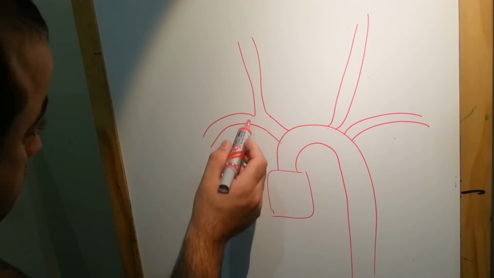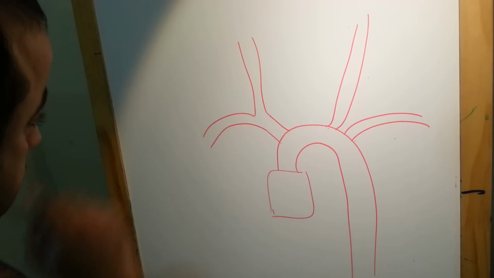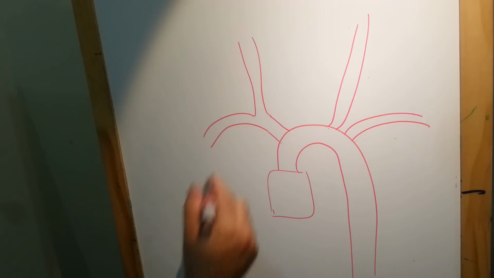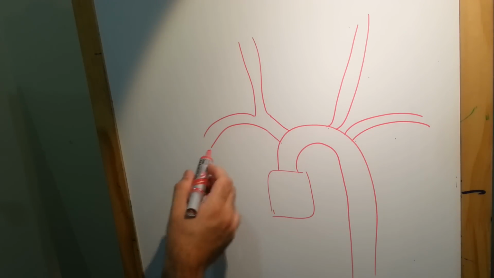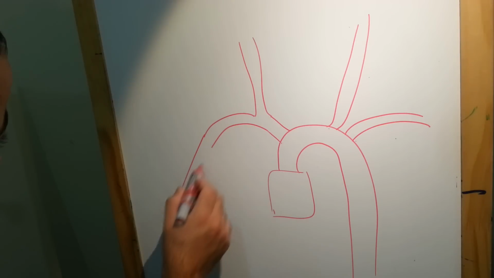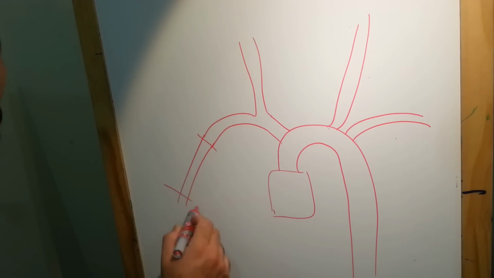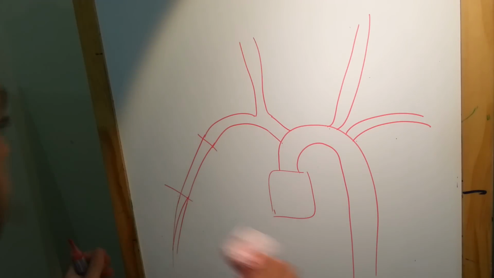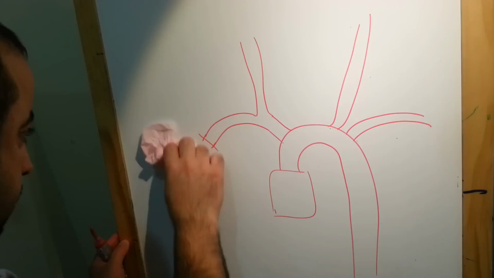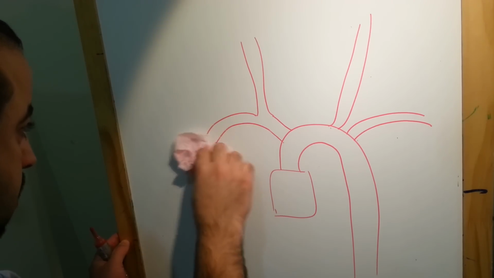Okay, this is the subclavian artery that we were talking about on the page, on the group. Now this subclavian artery will continue to be the axillary artery, then the brachial. Okay, no need to think about axillary and brachial. Just we need the